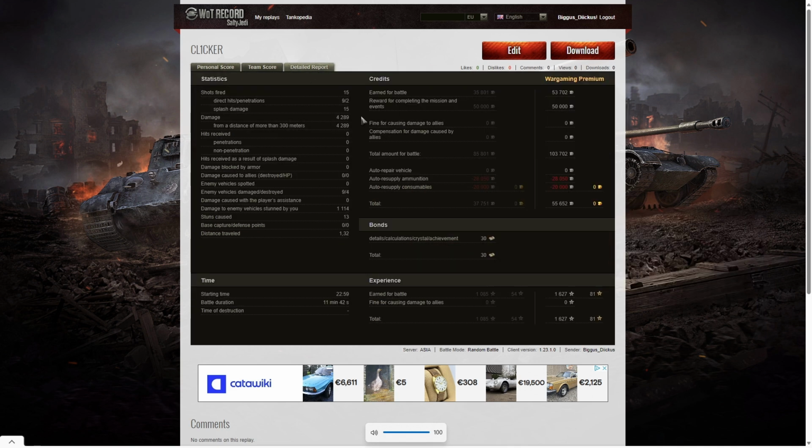He also got 15 splashes on the enemy, 4,289 hit points, all of it at more than 300 meters, damaged 9 of the enemy, killed 4 of them, and did 1,114 hit points of stun assist of 13 stuns. So in total, it was about